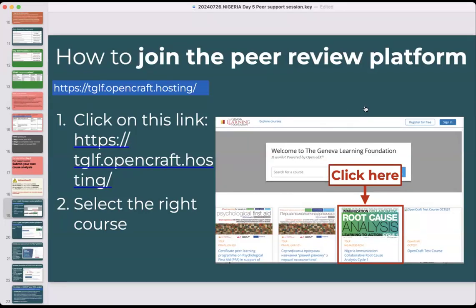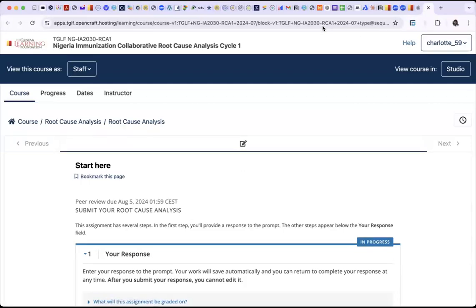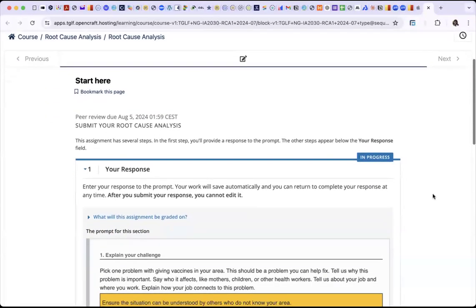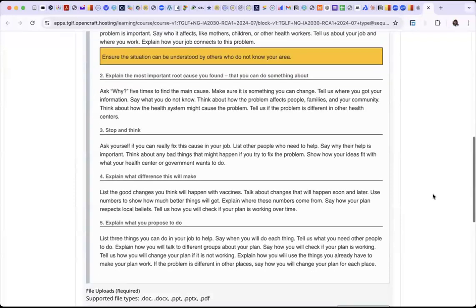So let me show you how the platform looks like when you want to submit. I'm going to click on that link and share my screen so that you see. Let me see, so many windows are open on my desktop. Okay, so I don't know if you're able to see my screen. Yes, when you click on the link that I just showed you, it brings you to this page once you have